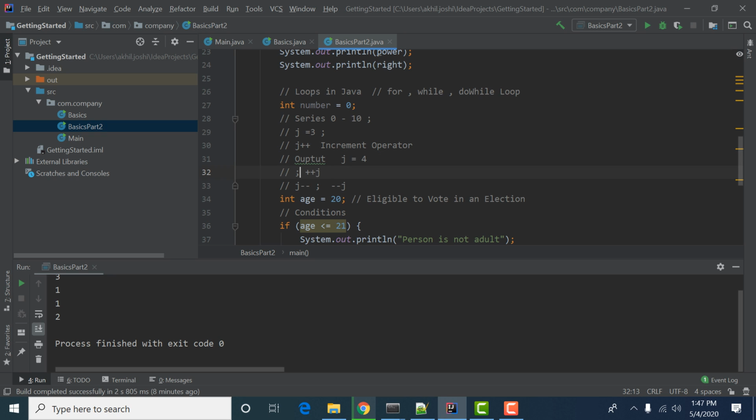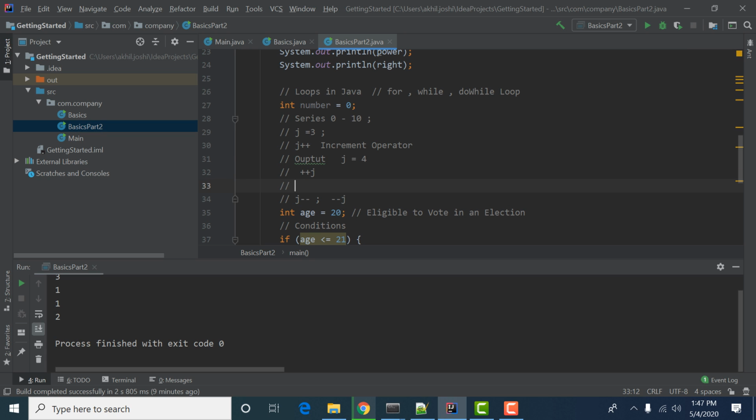And if we have this condition, then the output of j is equal to 5. So it will first increment, it will set the operator that, hey, increase the value, and it will increase the value to 5.